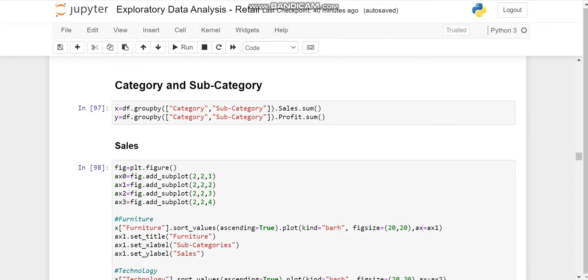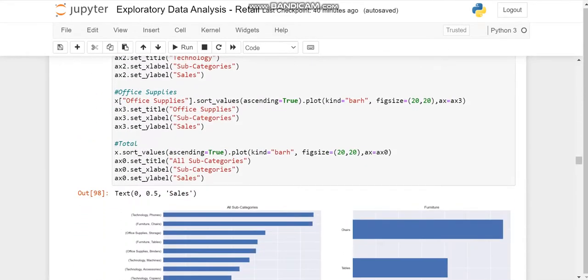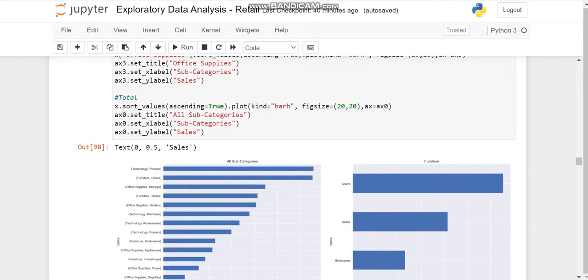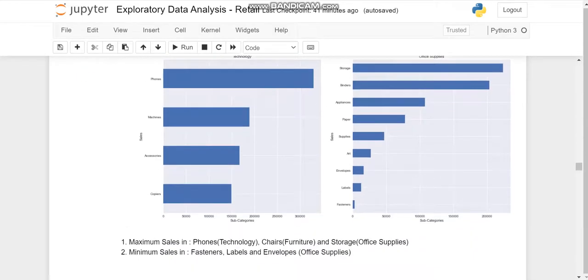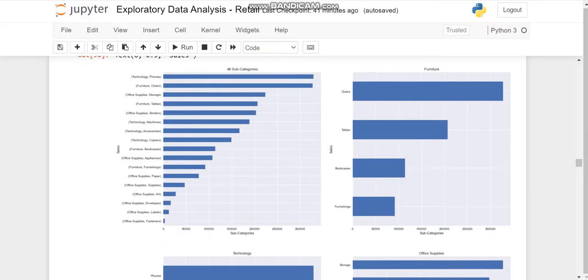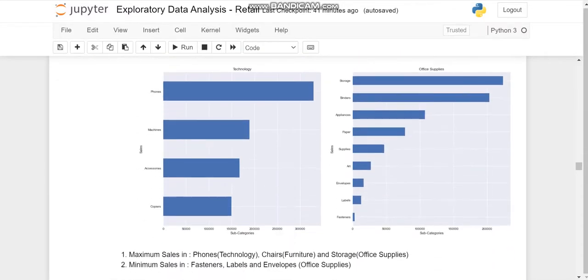Now working over category and subcategory together for observing the sales and profit in every subcategory, we find after plotting the data through horizontal bars, that is barh, that phones, chairs and storage provide us with the most sales, and we can observe them in the particular sections of furniture, technology and office supplies also.